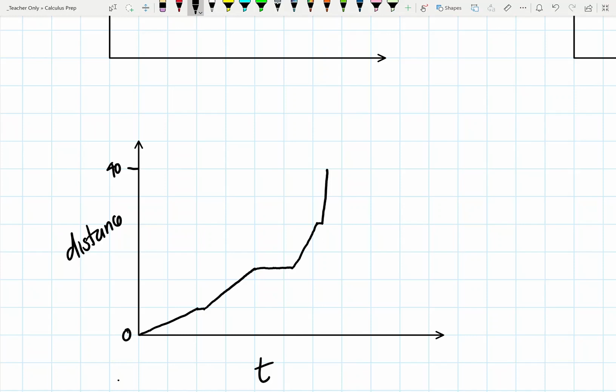Now, the police don't care how long it takes you to get there. They don't care about your average speed. They don't care how many times you stopped along the way. What they care about is your instantaneous speed at any given point. So really what the police are interested in is how steep is this section of the graph, and was it of a higher value than the speed limit? So out on the freeway, our speed limit is, let's say, 100. If your distance time graph shows a steepness or a gradient that's higher than 100, then you must